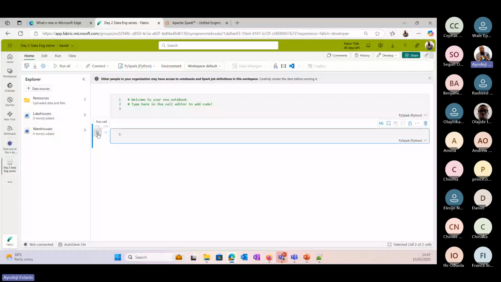Up here, you will see run all. When you click on run all, this will run all the codes in all the cells, one after the other. So that is that. Now, apart from that, I can connect.